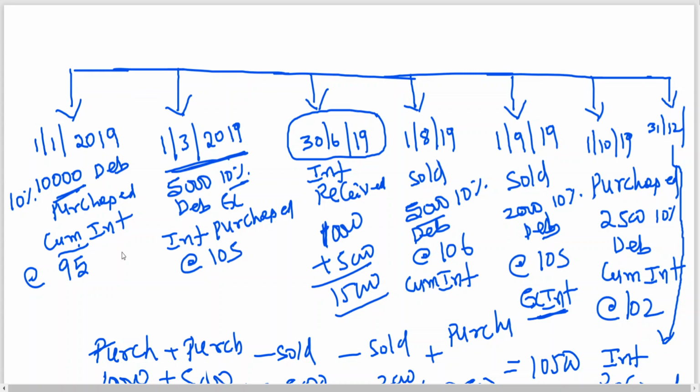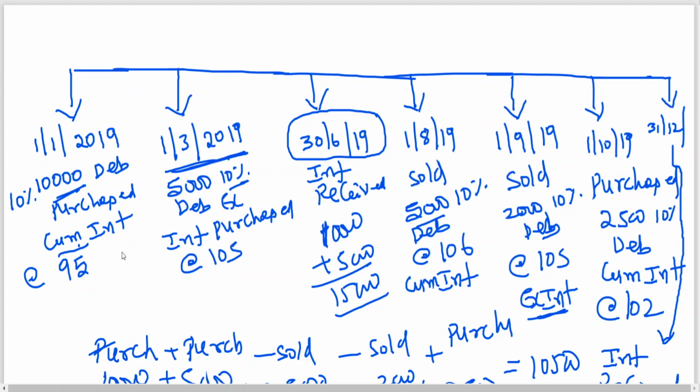Same is the case with sale also. To find out the profit or loss, if it is cum interest, the interest portion is to be deducted, then you should compare with the cost price. Cost price, how to calculate, sir? You can go by FIFO or average. I have explained that in the last class. Then when it comes to ex interest, no need to deduct accrued interest, but either cum interest sale or ex interest sale, interest is to be calculated.